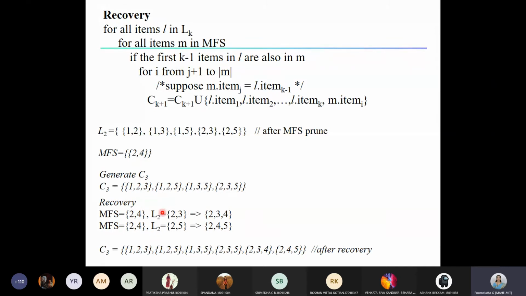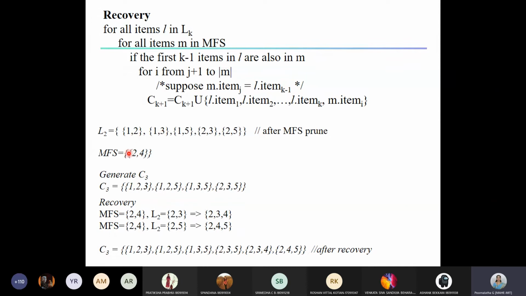It's possible for us to generate a new candidate {2, 3, 4}. Next, small l points to this {2, 5}. Again you compare {2, 4} and {2, 5}. It's possible for us to generate {2, 4, 5}. That's why we call the recovery. We are able to get back the candidate item sets, which otherwise we wouldn't have been able to generate.